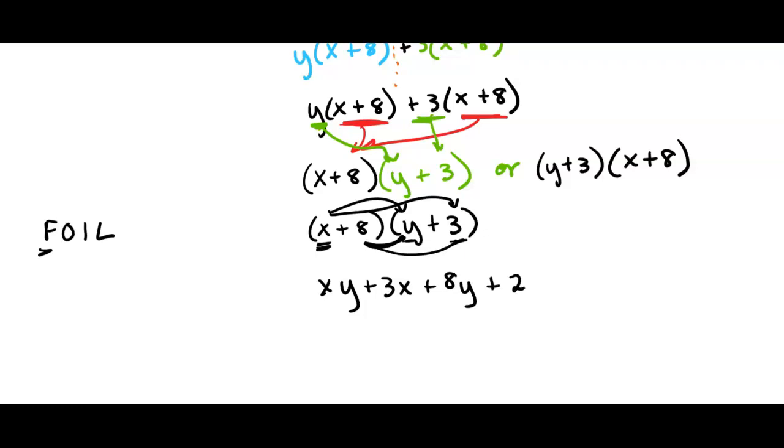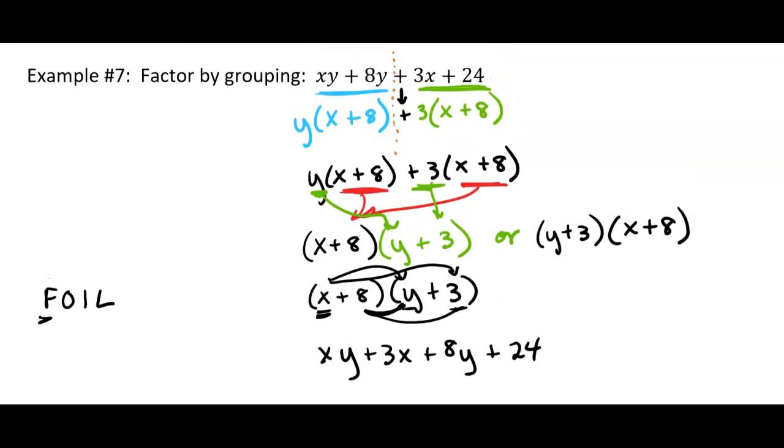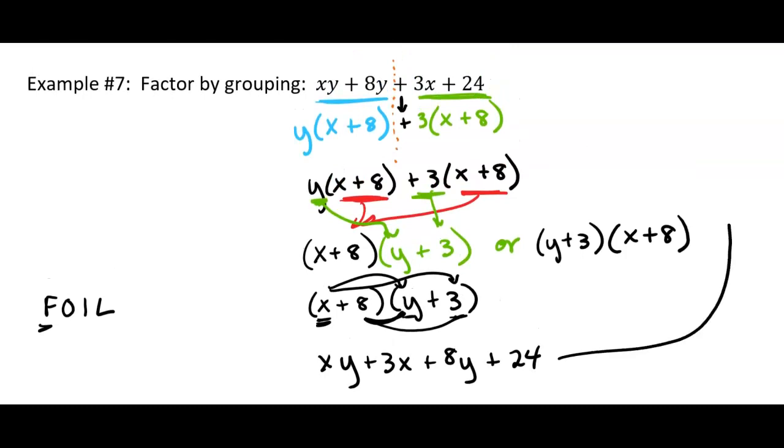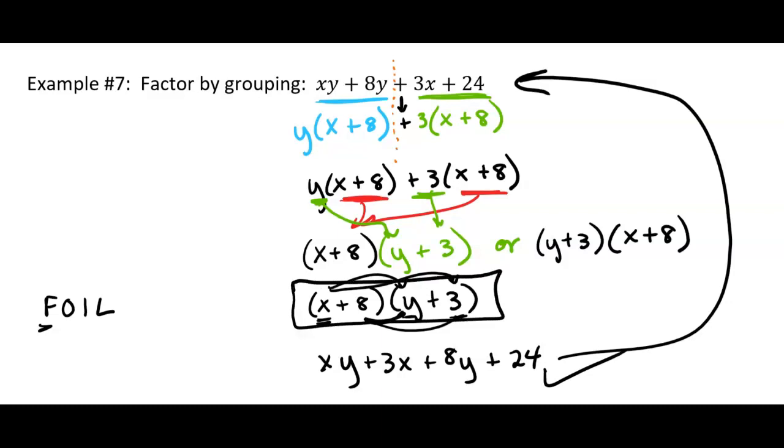24. Now, that should be what we had at the beginning. It's not quite the same order, but they're all the same terms. They're all there. Okay, so this is the check. What's the answer? Well, I got lines all over everything, but this is the answer right there. Or you can have this be the answer if you like that other order better. Okay. Whew. So there's that one.